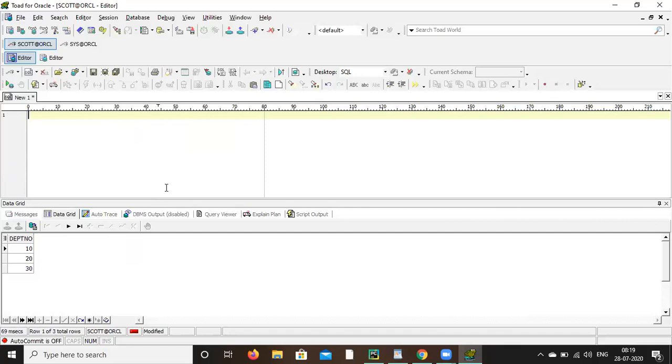Next is string or character function. Second one is string or character function. Okay.